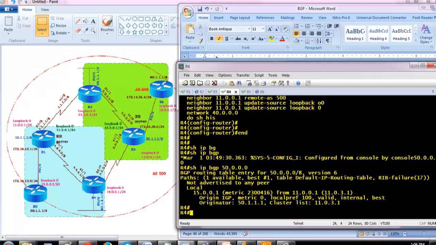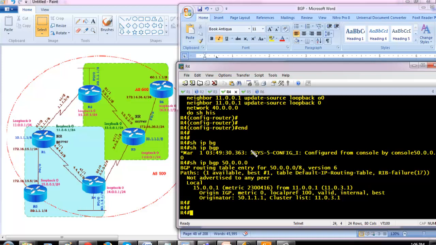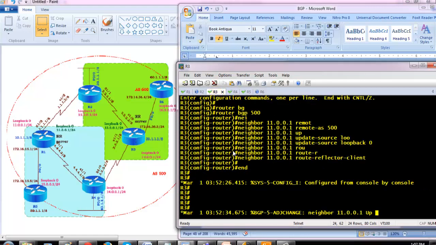So what we verified here on the router 4 is that when the server is going to advertise to another client, it is going to add the information called originator ID, from where the route is actually originating, the router 5, and also it will add the cluster list information. So cluster list is similar to the autonomous system path attribute. As it moves between the clusters, it's going to prepend the cluster list information here, and we can verify with this command, show IP BGP and whatever network you want to verify. So now we are going to verify in the other cluster.